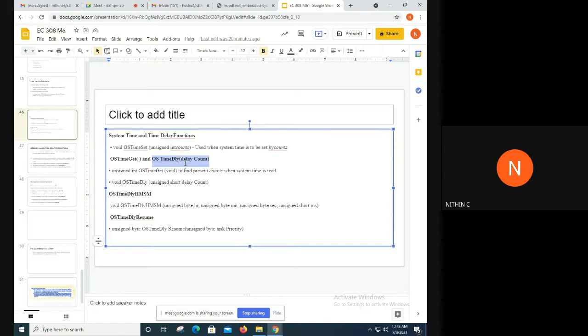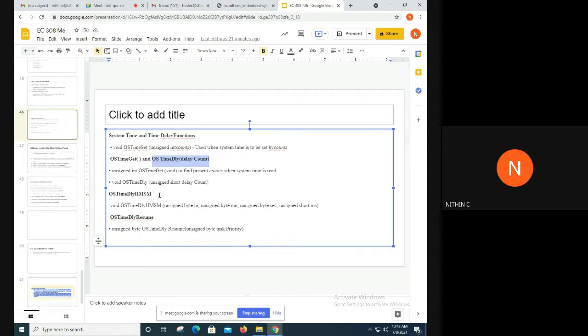Okay, you will be specifying the number of system clock ticks, and that particular system clock tick will be having a time period. I have mentioned an example yesterday that one system clock tick can be, say, 10 millisecond, then for 1 second you will have to provide a count of 100. If 100 is the count provided over here, then you will be getting a delay of 1 second, if one system clock tick is 10 millisecond. So in that way, you can give a delay for a particular task.